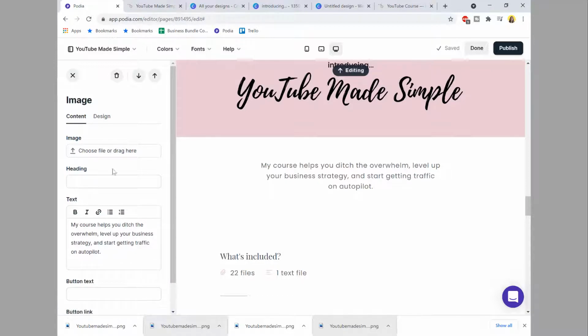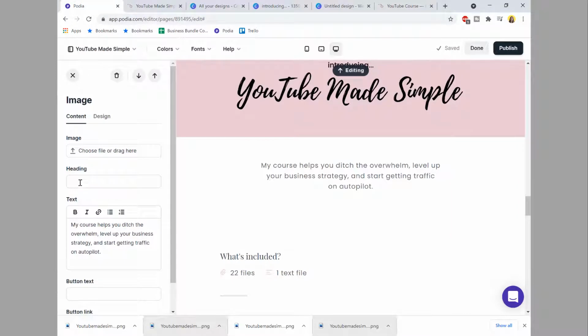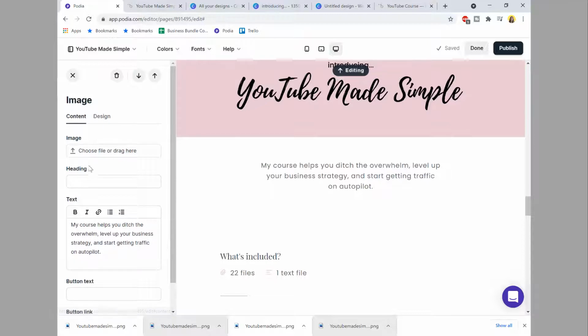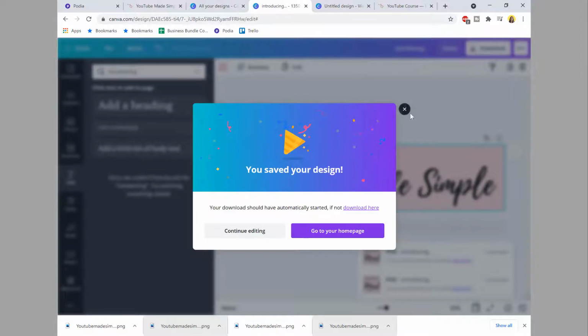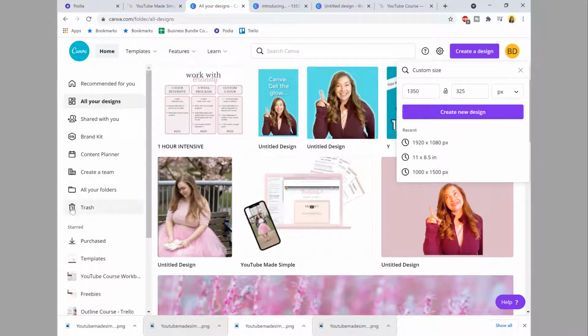Okay, so for design, I'm going to center it, of course, and then I am going to put this in as an image here. In theory, you can put this as a background image if you wanted to, and just have it as its own section. The weird thing is though, it doesn't look as good when you look at this on mobile. So I would suggest just putting it into here in the content area to put the image here. And it is going to be in the middle, so it doesn't look as perfect, but it does the job. And I have already made this before, so I'm going to go into my Canva